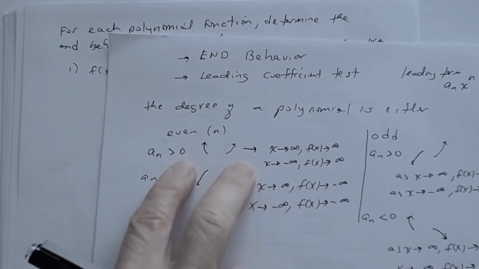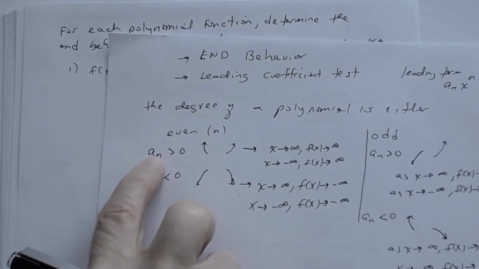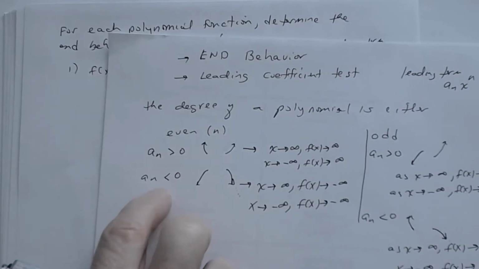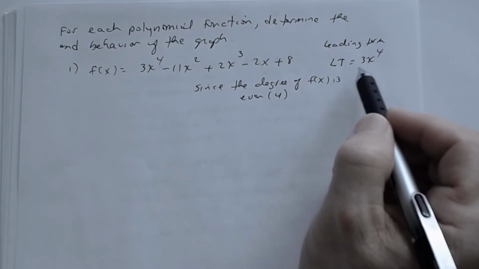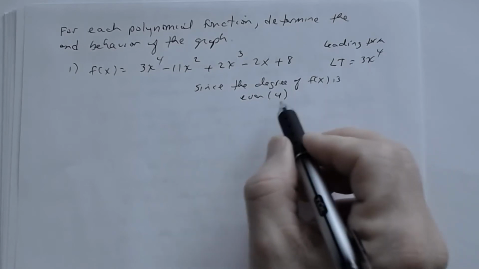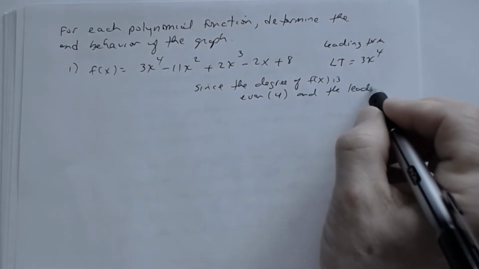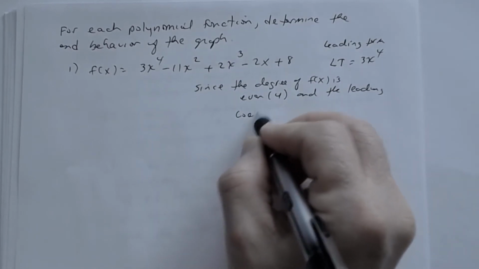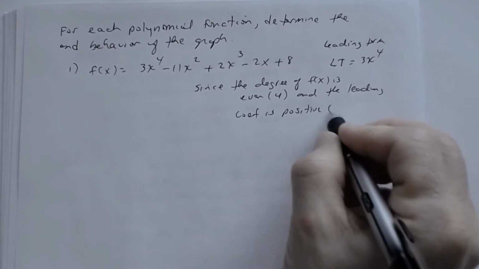Remember, a sub n is the leading coefficient. It points up if the leading coefficient is positive, and it points down if the leading coefficient is negative. So we look at the leading coefficient, which is 3. Since the degree of f of x is even and the leading coefficient is positive, in this case 3,